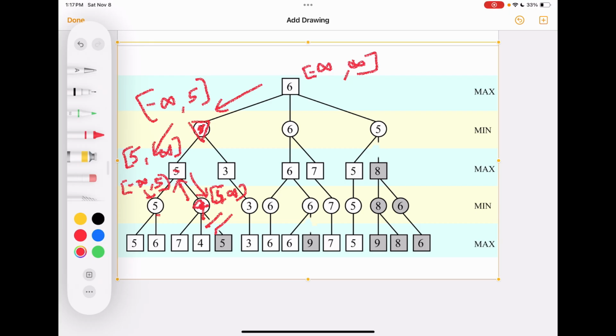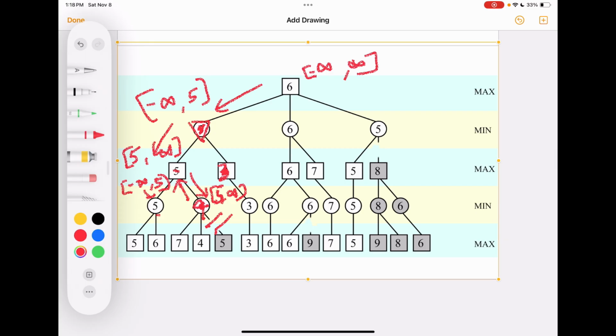Now this particular child, even if I had not considered the value here, I can just look here. There are no branches here. It's all one value, 3. So I might as well set the value to 3 here. So I'm doing a min over 5 and 3. So the minimum is